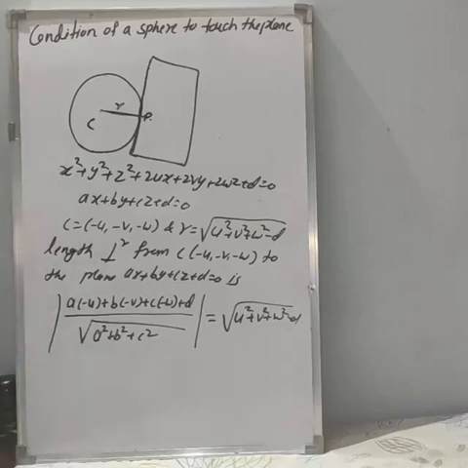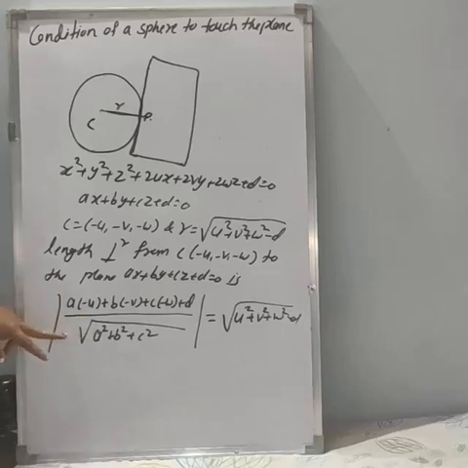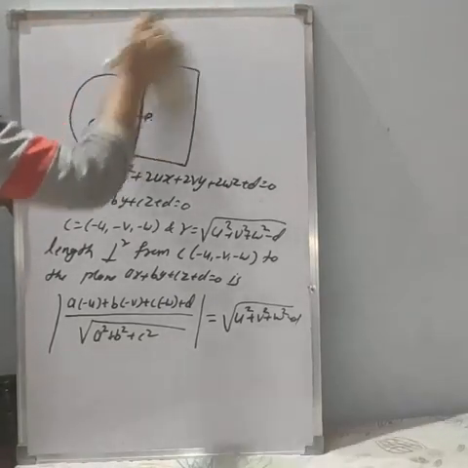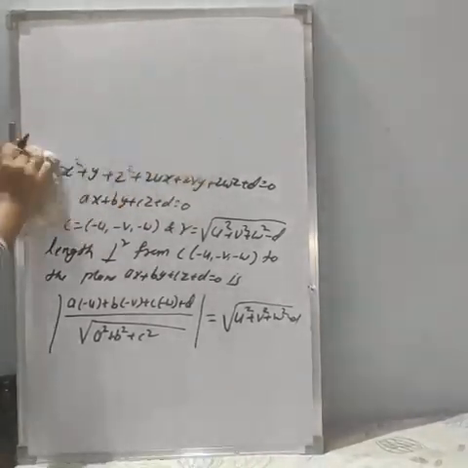Now they can ask an example like, show that the given sphere touches the given plane. They will give one equation of a sphere and one equation of a plane. So using the given equation of a sphere, try to find the center and radius. Then find the length perpendicular from the center to the plane and check whether this value and the radius value are equal or not. If they are equal, then write down that the given sphere touches the given plane. So we will see the examples based on this. They can ask this example for 2 marks. We will solve the 5 marks also, but first we will see the 2 marks example.